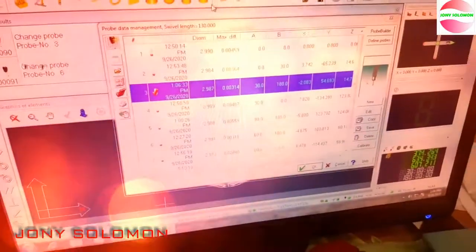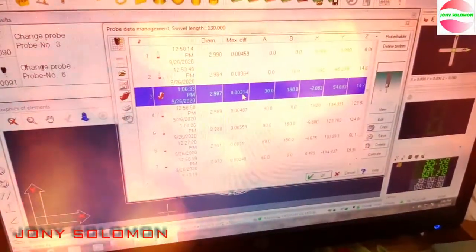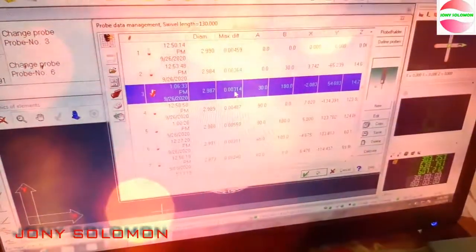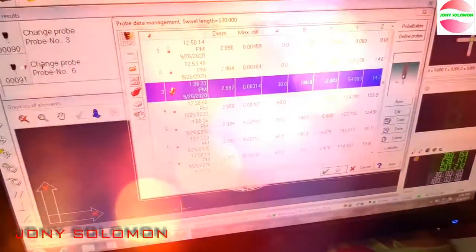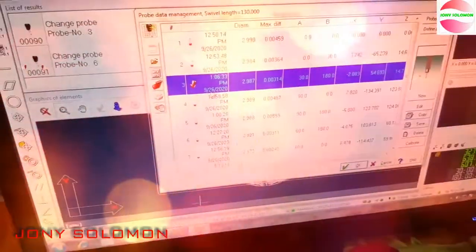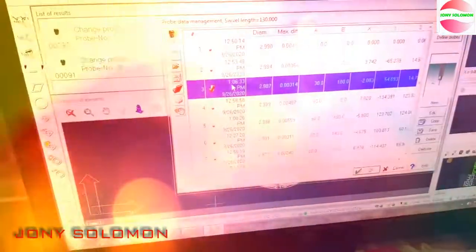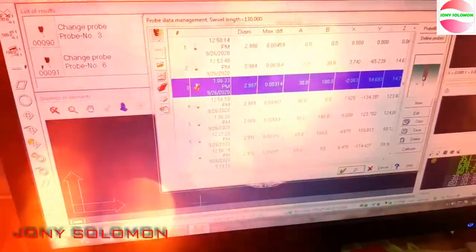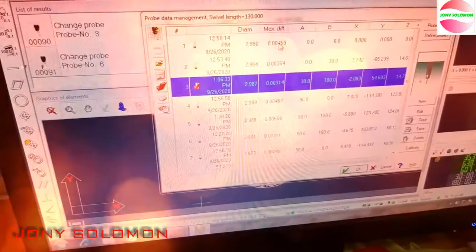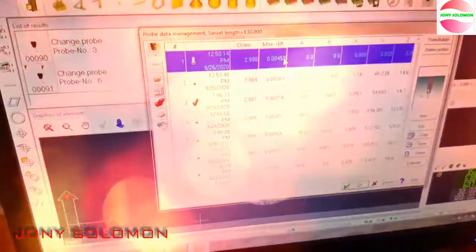See, now we have calibrated this probe within 3 micron, 0.003, and you will find the date here, 26 September, time is 1 p.m. Okay, next see here the probe angle 0, 0, which is showing 4 micron.